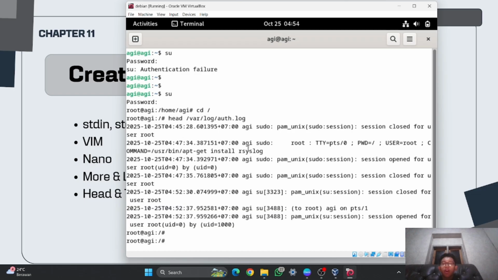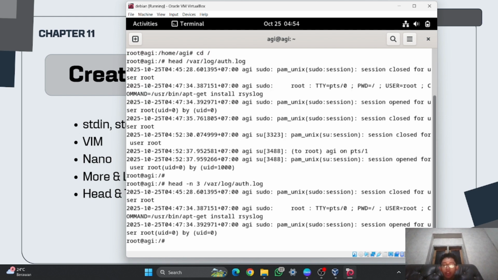And for example, I just want to show only 5 rows. You can use negative n, and then how many rows you want to show. For example, here I will use 3, and I just enter, and only 3 show up, which is 1 2 3, just like that.